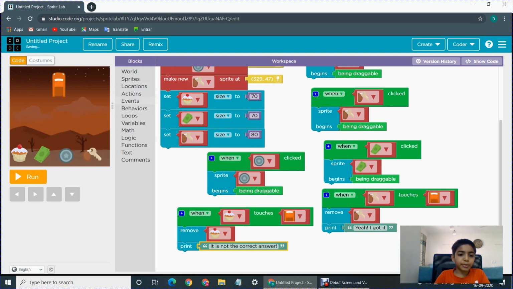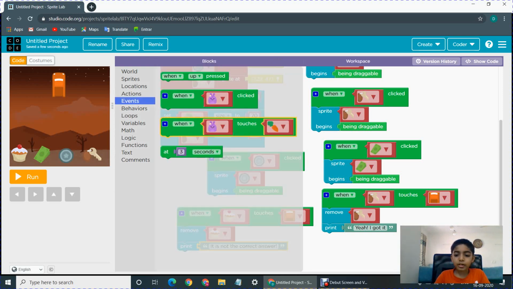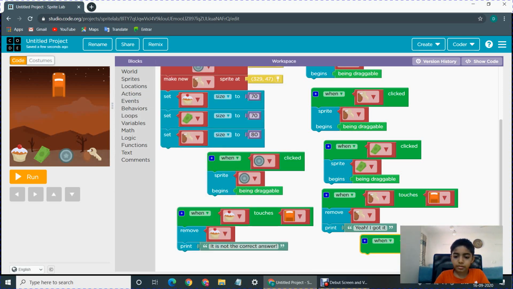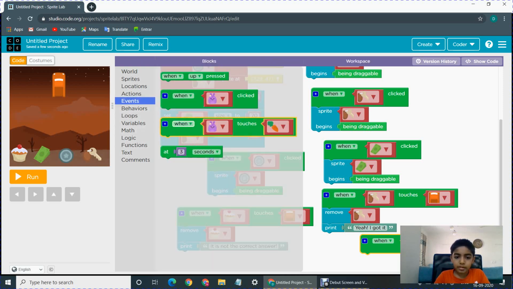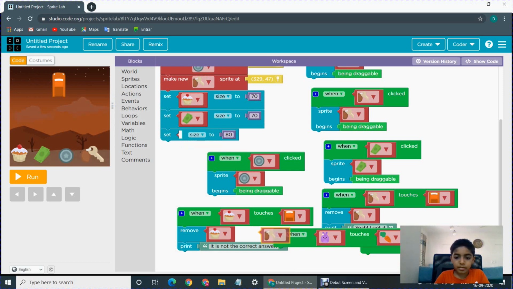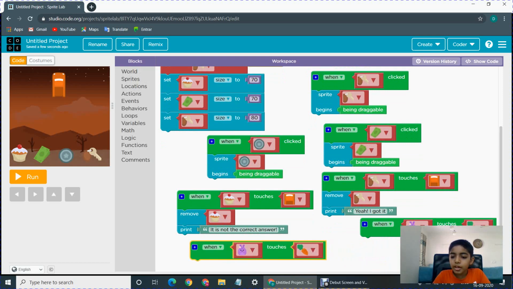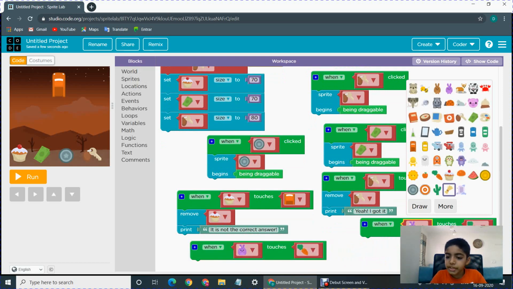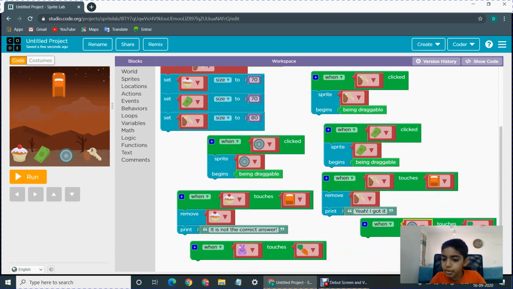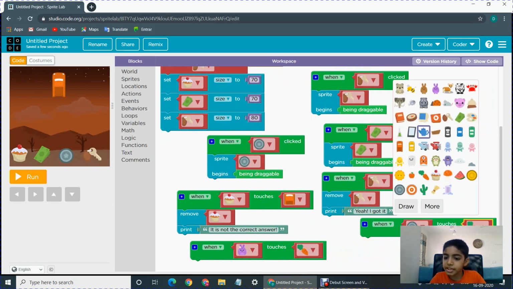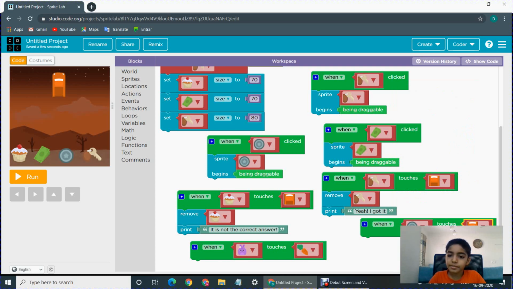So again we go to events, one more block I'm picking. Okay, so we place it a bit down. So this one we change it to coin and then we change it to a car, right?